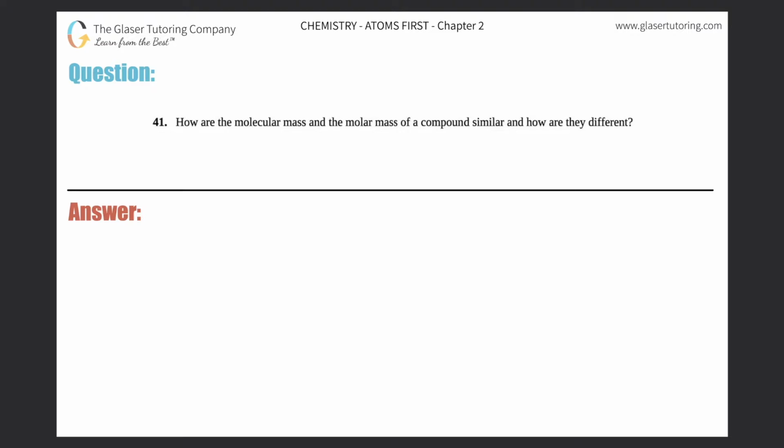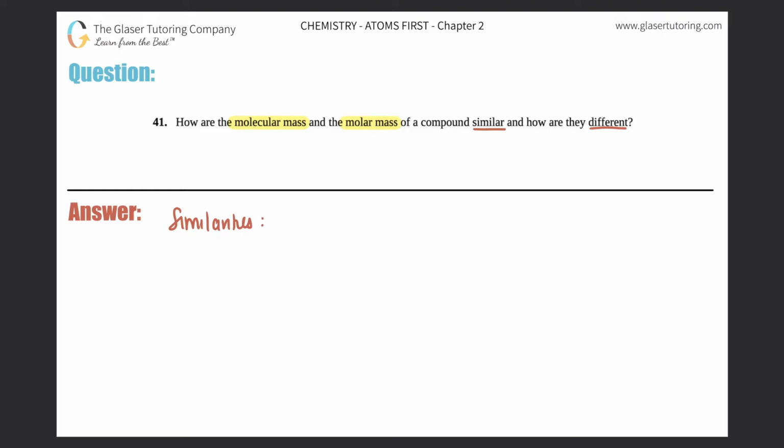41. How are the molecular mass and the molar mass of a compound similar, and how are they different? Okay, so let's do the similarities first. I think that's easier, and then we'll do the differences. So the similarities